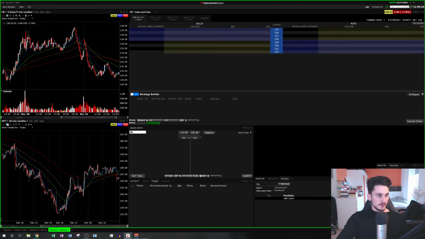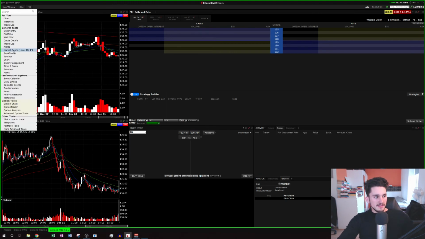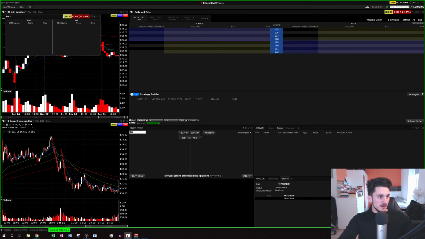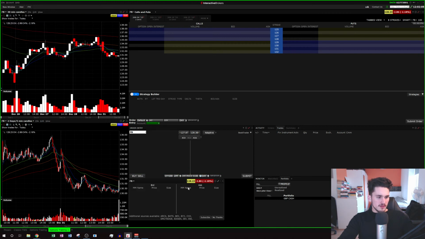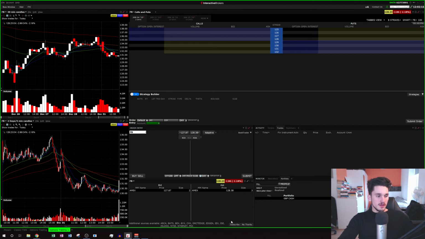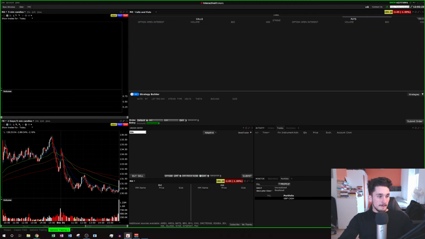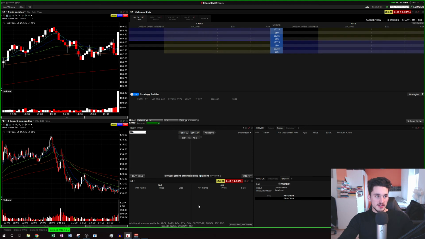Okay, now I'm going to be adding the market depth, which is basically the level 2. If we just click on this, we can now bring this just below our bid and ask, so we can see the market orders. Okay, so we now have the bid and the ask, and if we link this with the same group, which is group 1, and if we change on here, let's see, to MA, you can see now they all change